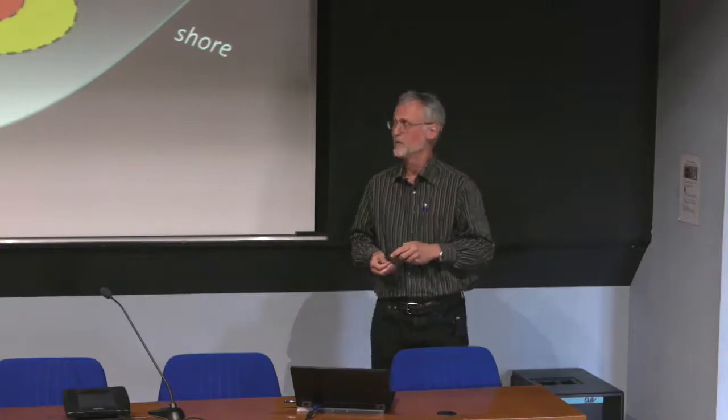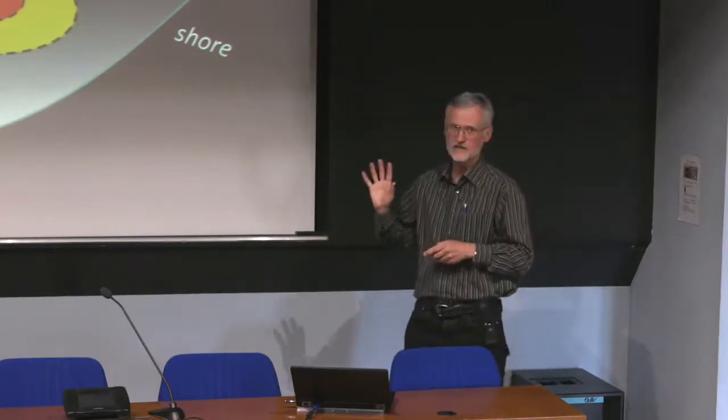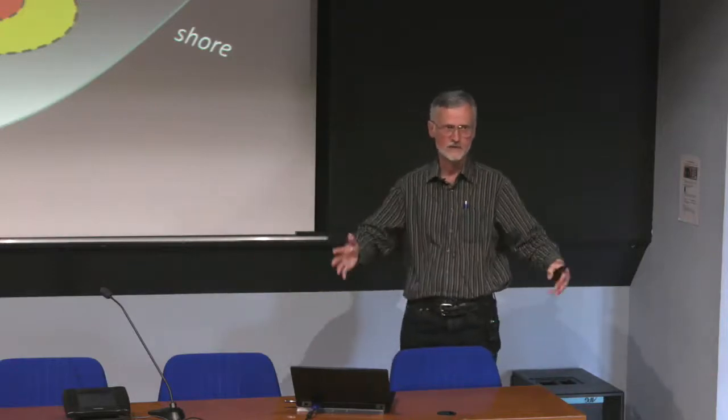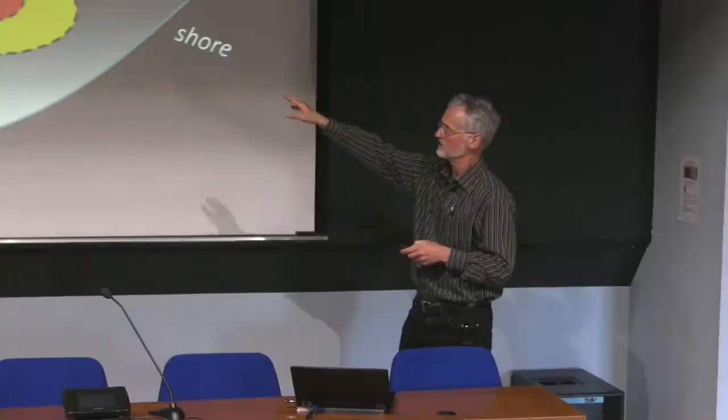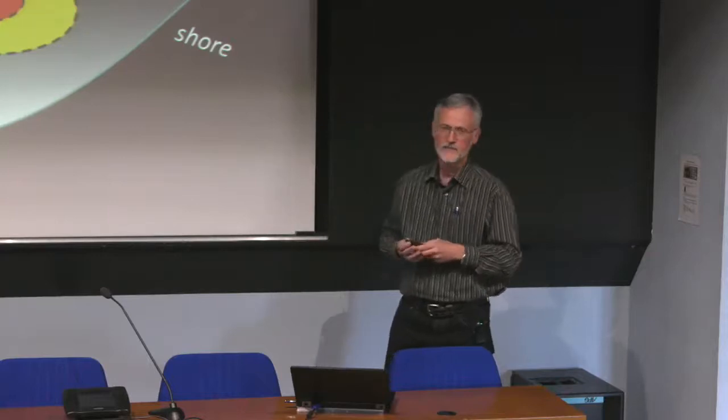on the biosphere. If you take a typical lightning strike and impact it on a shoreline, on a water-saturated sand, a typical lightning strike with 30 kV or so typically kills everything within the red zone, which may be anywhere, depending on the salinity and the degree of water saturation, between 2 and 10 meters in radius. It doesn't hurt anything beyond a 20 meter radius. Then there is this hemisphere, that bowl, typically between 3 and 5 meters or so in radius from the impactor, from that lightning strike. You see it here, I said 0.3 to 0.8, in which